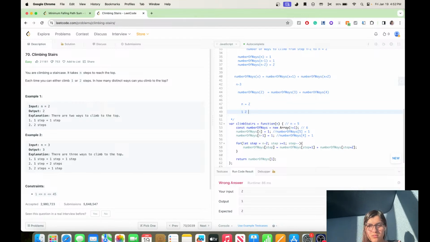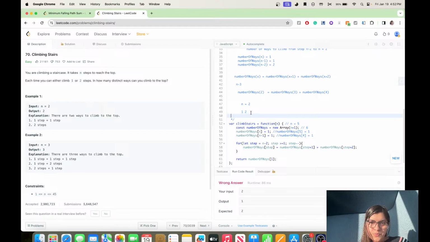It means, okay, so it looks like it took n steps to reach the top. It means this is top, first step and second step. Okay, so it means that